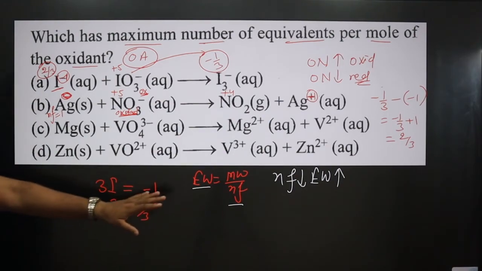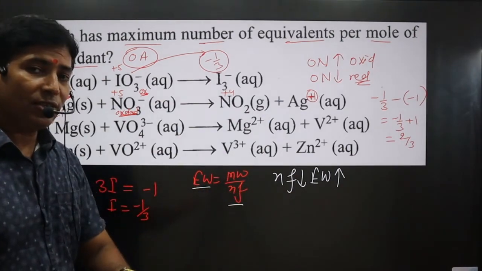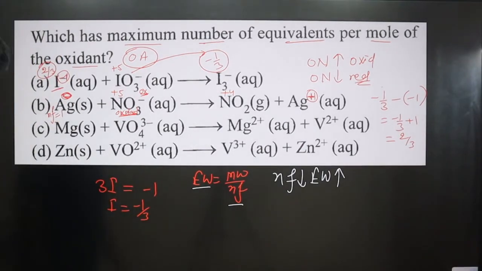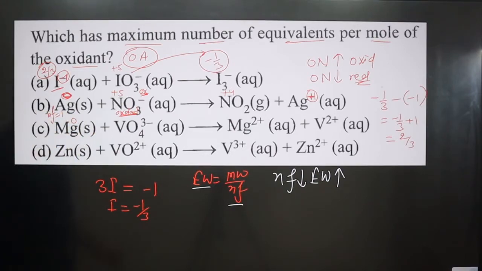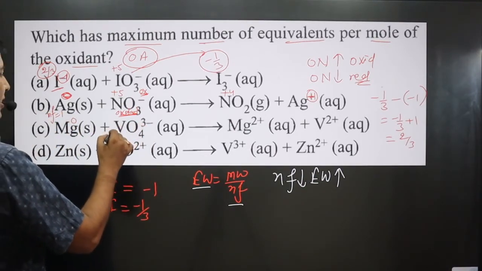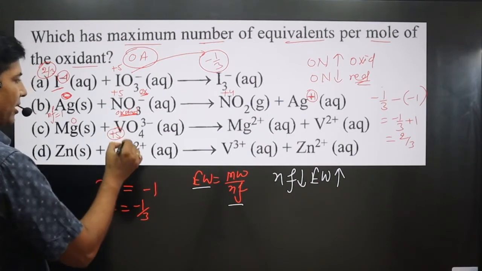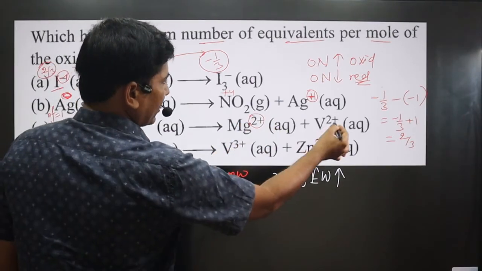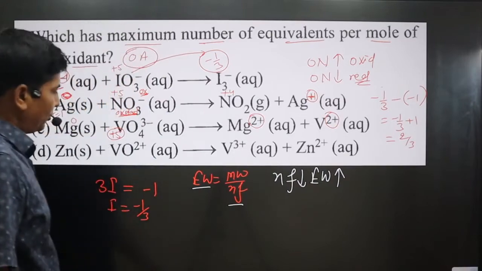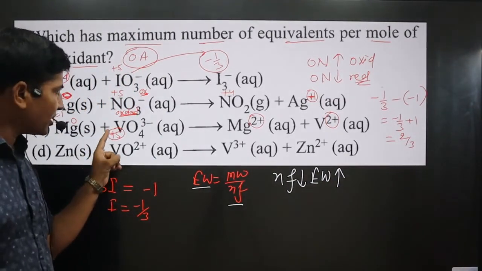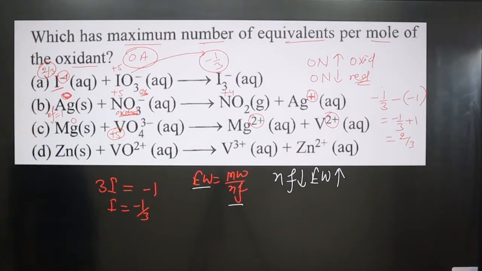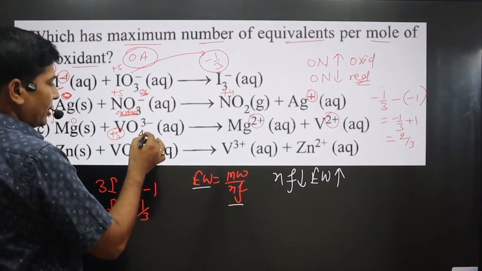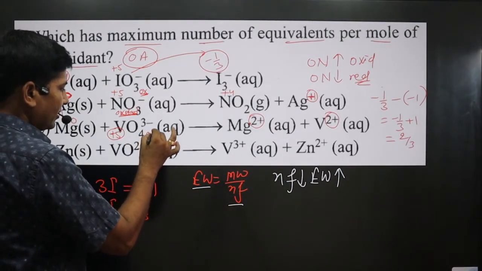Okay, so ultimately we are going to compare the n factor value for the reducing agent and we are going to answer this question. Very interesting part. Okay, magnesium, single element, 0 oxidation number, 4 to 8 minus 3 is there. Vanadium is present in plus 5 oxidation number. Other side Mg2 plus is there and vanadium present in plus 2. So vanadium oxidation number, if you compare, plus 5, other side it is plus 2. Decrease in oxidation number, undergoing what? Reduction reaction. So decrease in oxidation number means it is undergoing reduction reaction, hence acting as oxidizing agent.